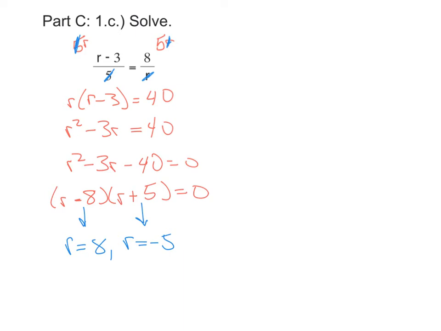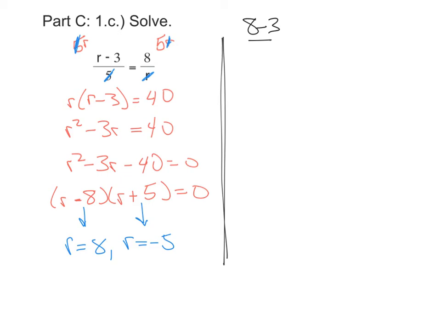Now what we should do before we're finished is take each of these and plug them back into the original. Normally, all we're looking for is to see if denominators are equal to 0 or not. But since I got two answers, I want to see what happens to the equation. So if I plugged in 8, we get